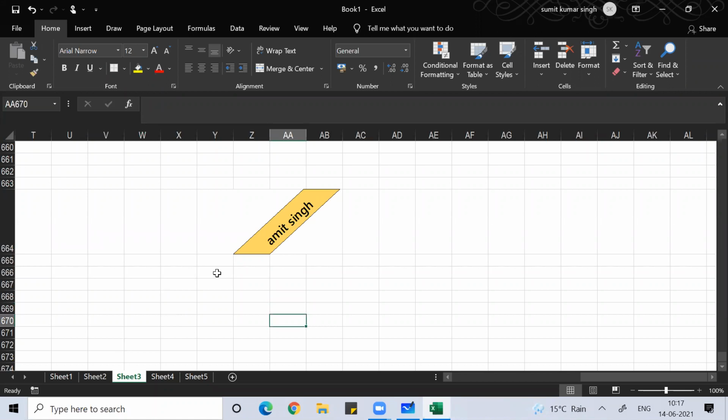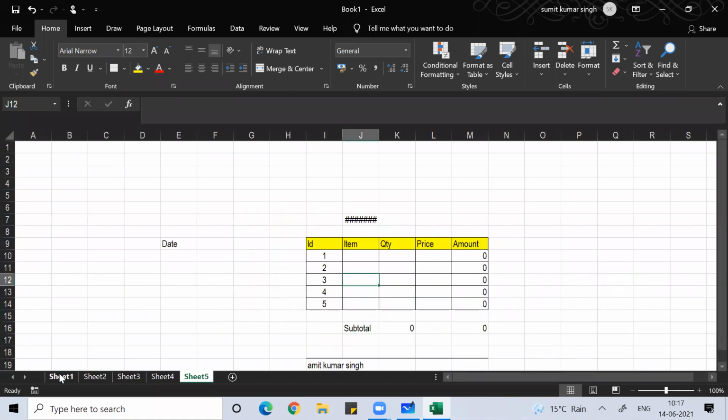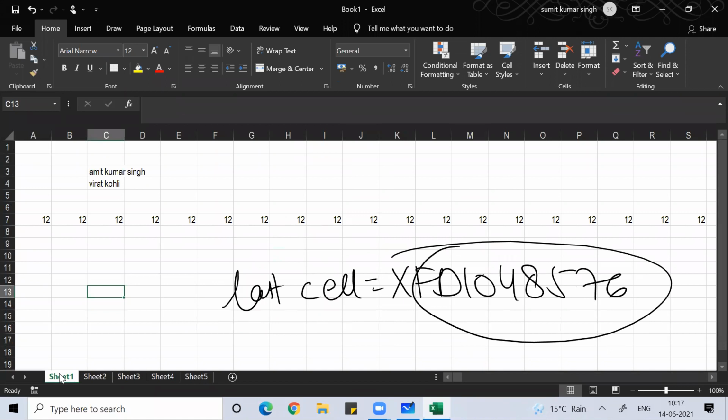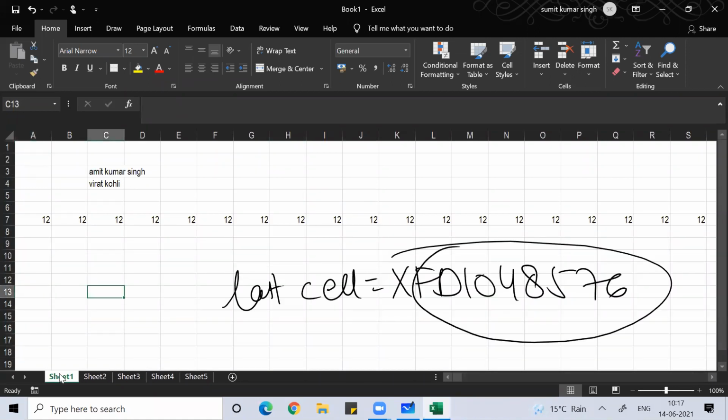Now, you know that in an Excel workbook you have worksheets, and in order to go from one worksheet to another worksheet, you can use Control Page Up, Control Page Down. Okay, you know this part. We can discuss Control Page Up and Control Page Down.